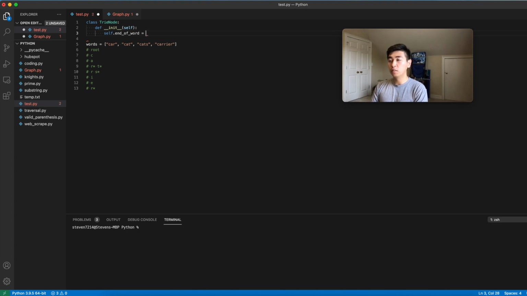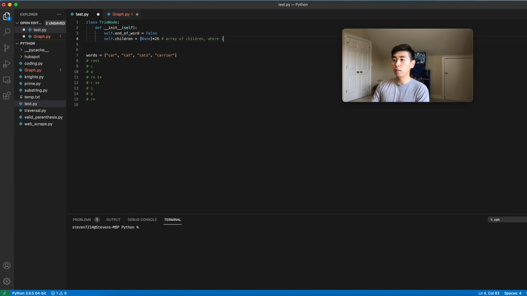And we're just going to initially set it to false by default. Okay, and another thing we need to know is we need to have its children, right? So each node needs to be able to connect to each of its children. And one really simple way to do that is if you have 26 letters in the alphabet, so assume we're just using lowercase letters, what you can do is create a list of Nones like this. So what this actually is, it's an array of children